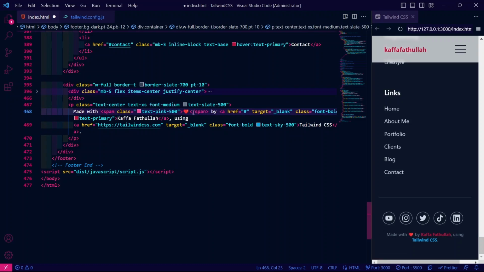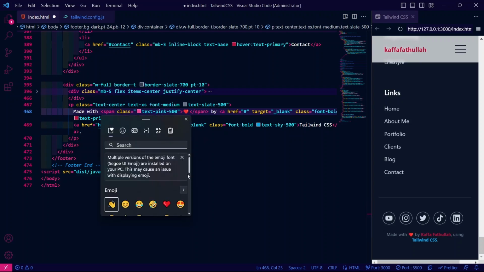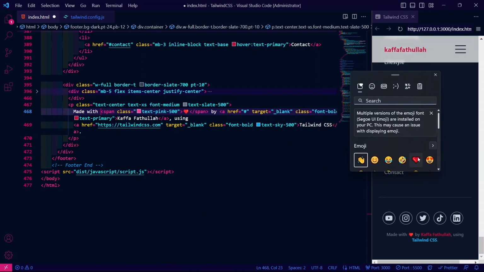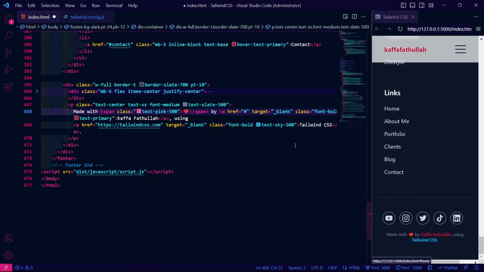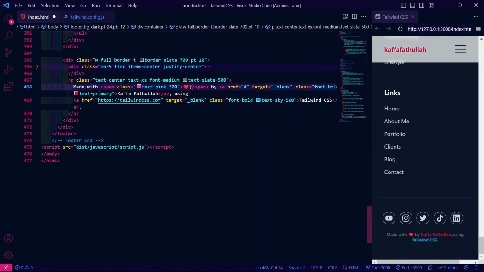If you want to input the heart, you have to type colon and start, and the emoji will appear here, and then type in just red heart or whatever, and then make a span like so,